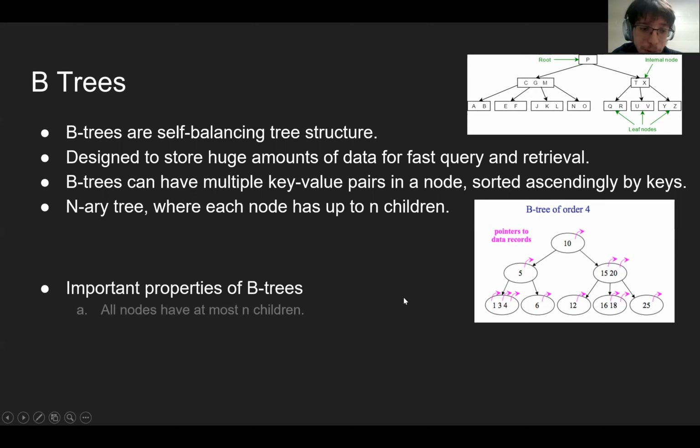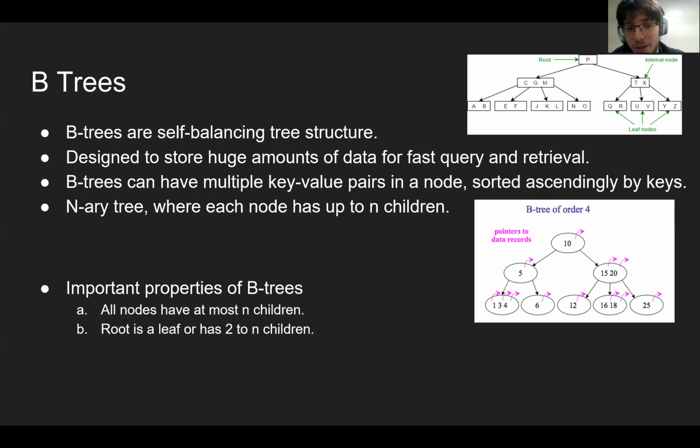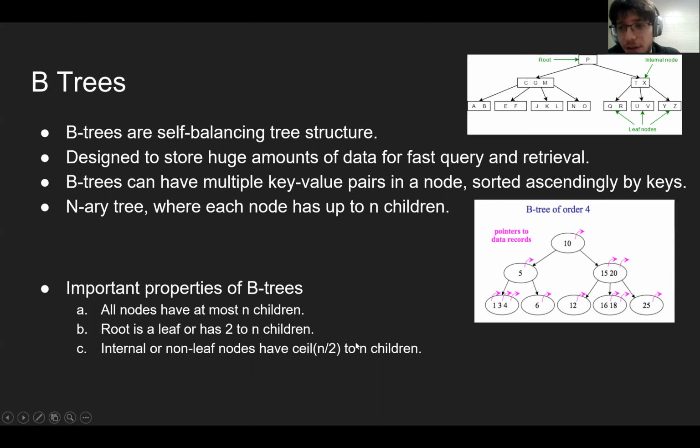There are a couple of important properties. All nodes have at most n children. It's an n-ary tree, so of course that's true. The root is either a leaf or not a leaf, and if it's not a leaf, it has either 2 children or anything up to n children. Internal or non-leaf nodes have at most n children, of course, but they have at least ceiling of n over 2 children,